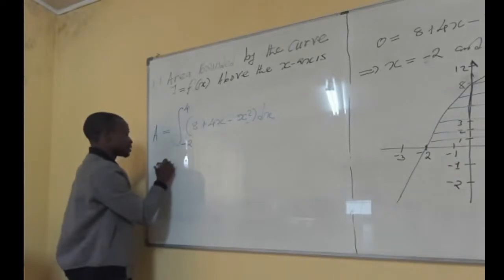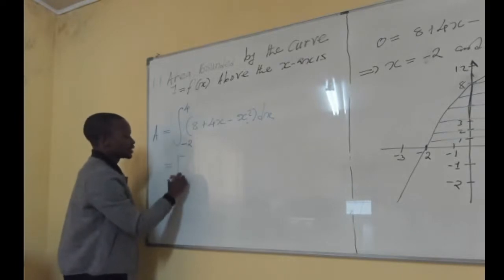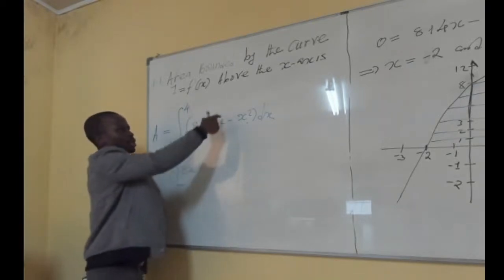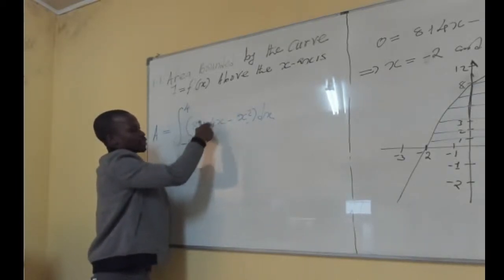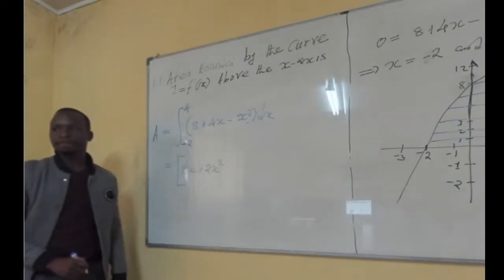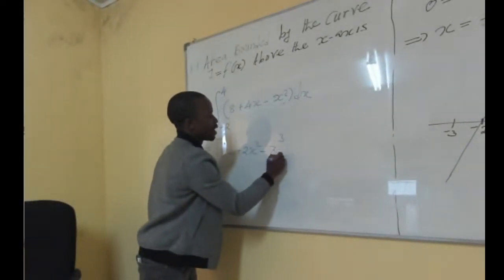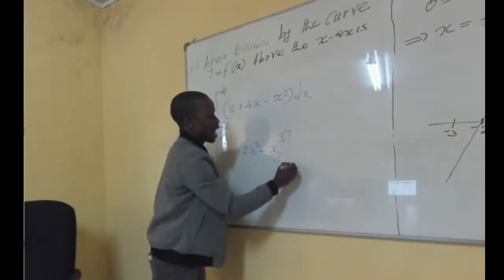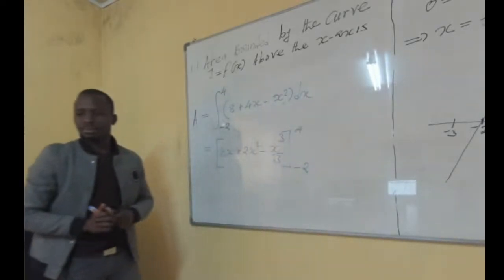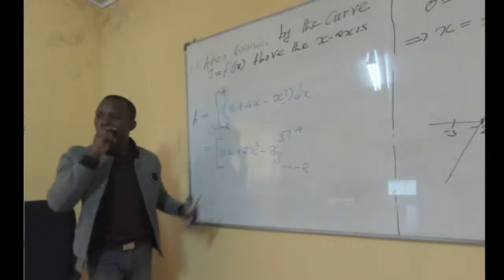When we integrate this using the linearity properties, this is equal to 8x plus, when you integrate this, it will be x to the power 2 over 2. So it will be 4 times x to the power 2 over 2, to give us 2x squared. And when we integrate this, it will be minus x to the power 3 over 3. Now the limits are from negative 2 to 4. Hence, now, when we push in the limits,